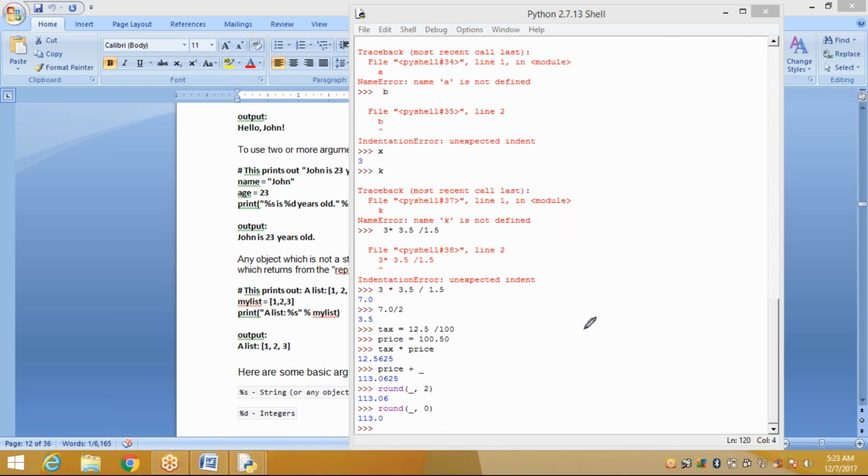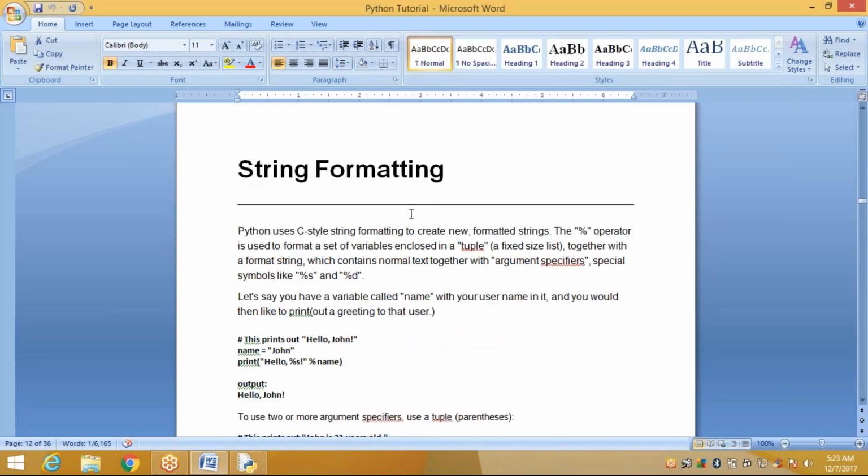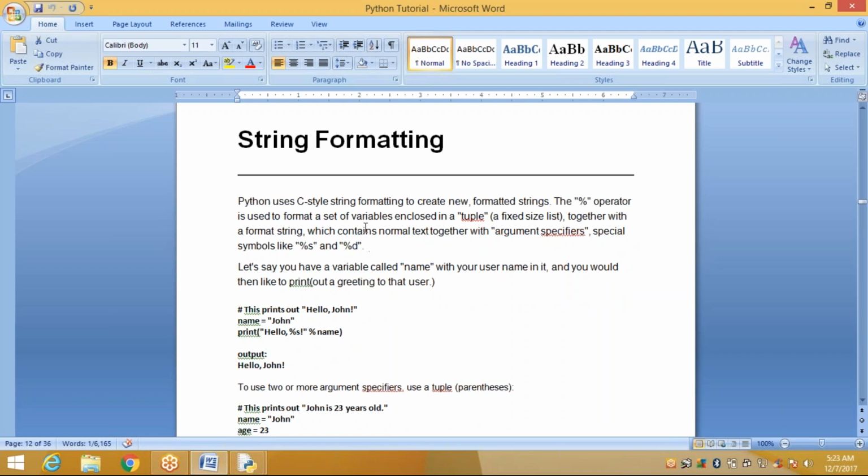So now we are discussing strings. Numericals, we have almost covered all the numerical values and how to apply them. Now we will discuss strings. What are the types of strings we have? Yesterday we already discussed some basic strings. Now we are applying string formatting. Python uses C-style string formatting to create new formatted strings.